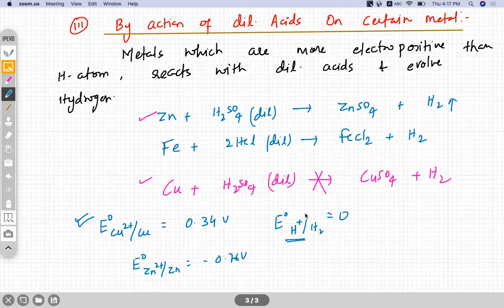So these are the three methods of preparation we have. These are not commercial methods. See, for the preparation of any element or compound, we have various different methods. Commercial methods are those which we use in an industry in order to obtain a large amount of the product. Since we are using it in industry, there are various factors, for example, the cost input should be less, it should be easy to handle, and wastage should also be less. Those kinds of criteria are there in industry.